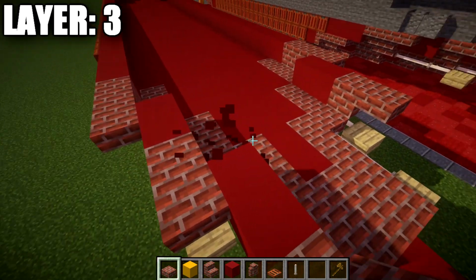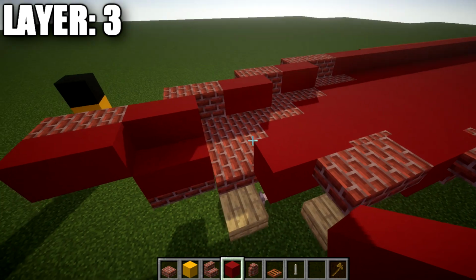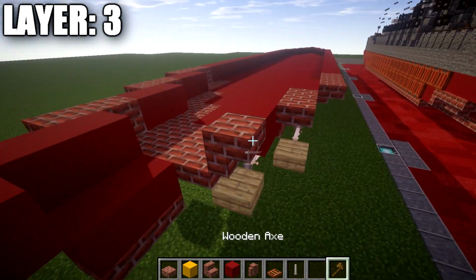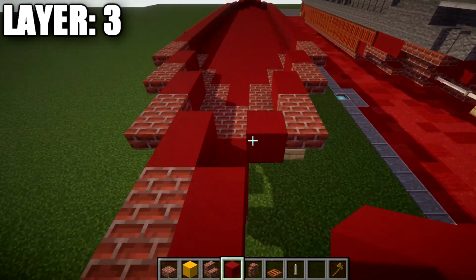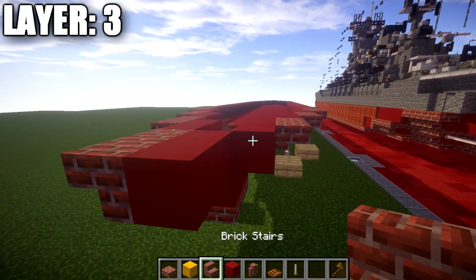On the inside here of the brick top slab, we're going to place down a red concrete block, followed by a second one back, and then a brick upside down stair, followed by a brick top slab. On the inside here, next to the top slab, we're going to place down a red concrete block, one more red concrete block back, and we're going to go ahead and then place down a brick upside down corner stair